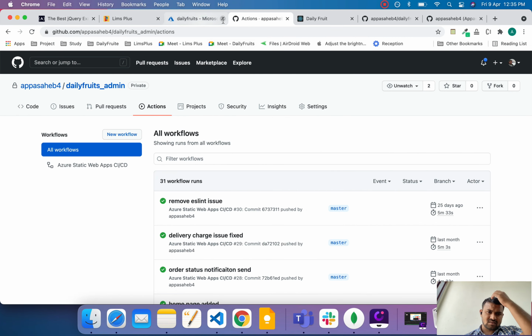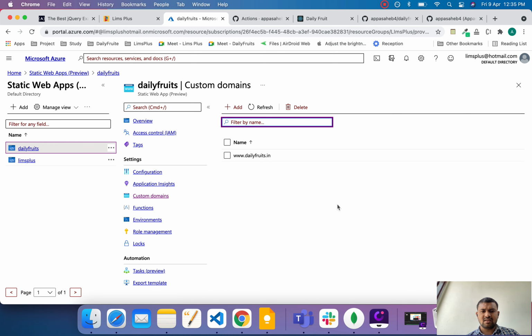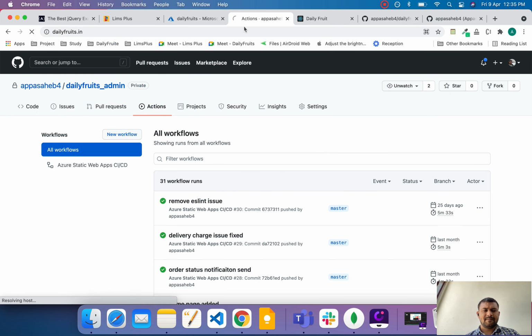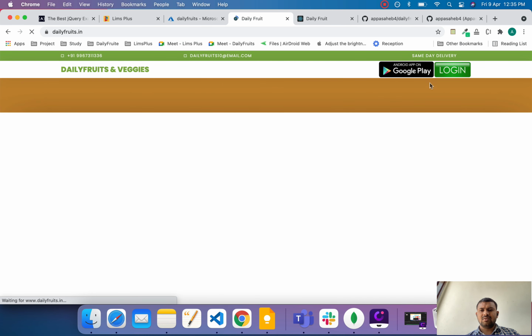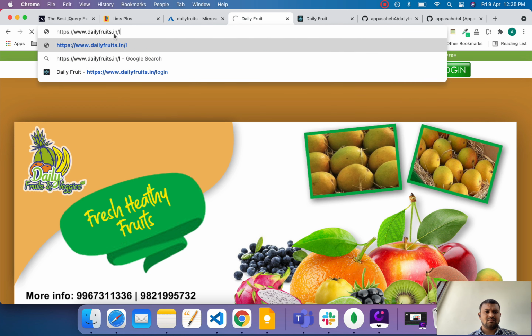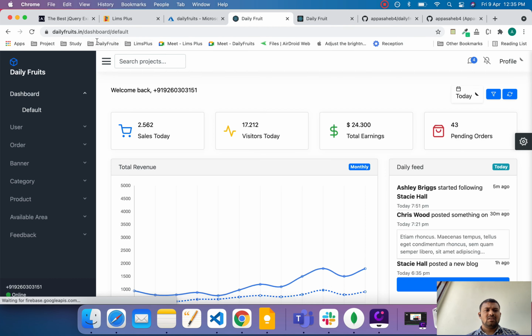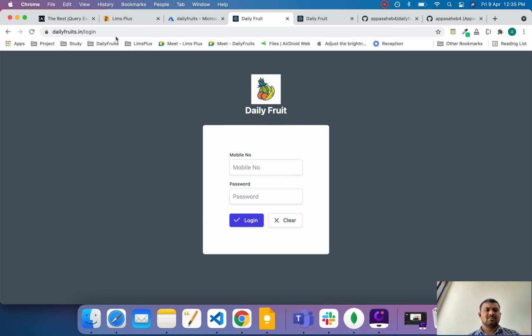Here is the custom domain we are adding, then I copy the domain and paste it here. Then if you go to this URL with my subdomain, like login, this is my subdomain.